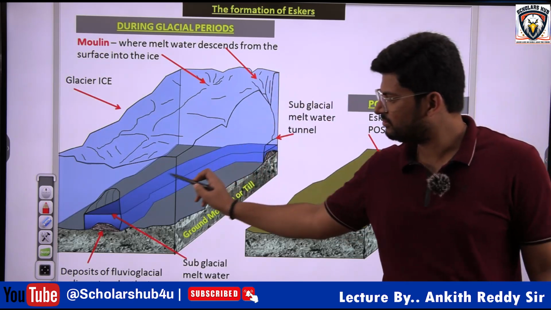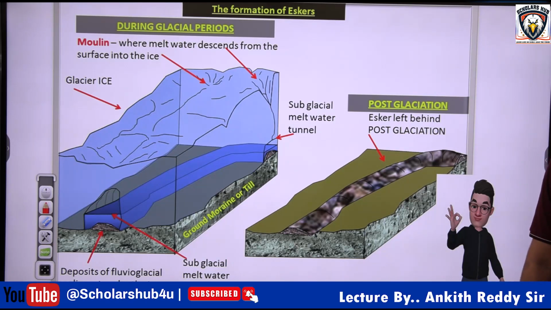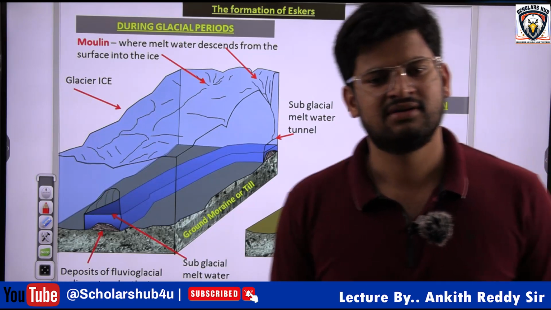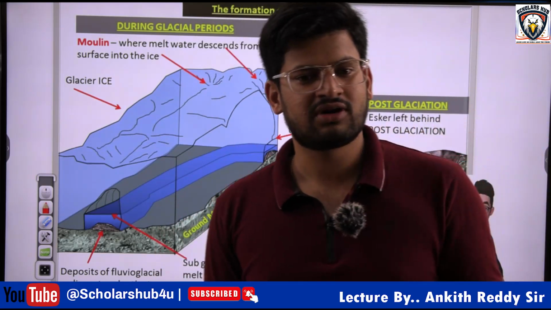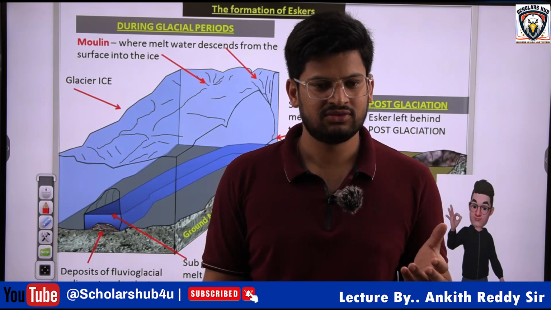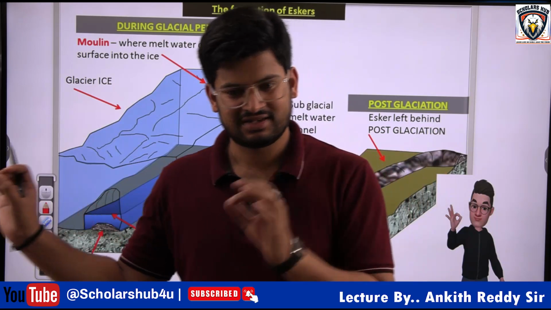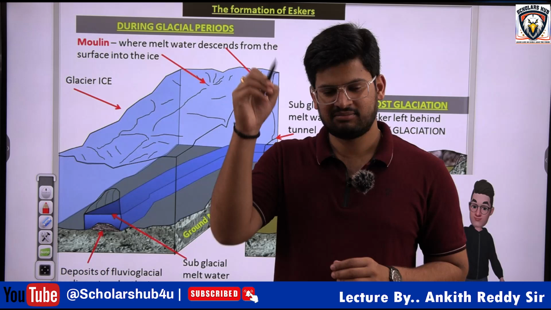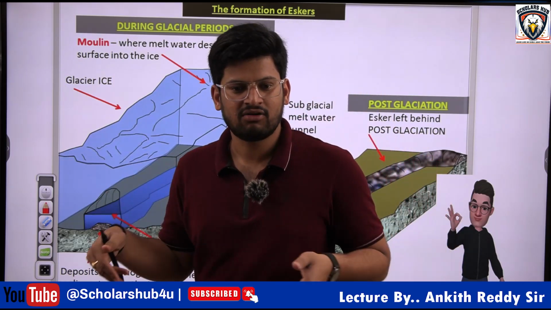So when the glacier is moving beneath, you can see the ridges, and when the glacier is gone, this can be seen. ఏమని అడిగితే ఎగ్జామ్లో బొమ్మ చూపించి ఇది ఏందని అడిగారు. ఎస్కర్స్ అంటే ఎస్కర్ ఏంటి అని ఒక షార్ట్ నోట్ రాయమంటారు. ఎస్కర్ ఇస్ అన్ డిపోజిషనల్ glacial landform. Okay, so then you will draw a diagram and mark it as an esker. Now we will try to define that. What is an esker? An esker is a long winding ridge